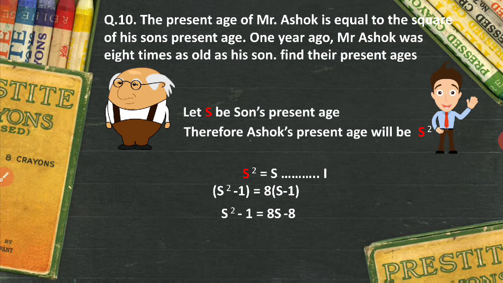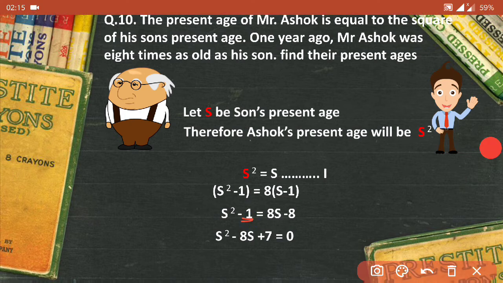So you get the like terms on one side, and what will happen is s square, this 8s which is on the right hand side of equal to, will bring it on the left hand side, so it will become minus 8s, and minus 8 also will bring it on the other side, so it will become plus 8. This plus 8 and minus 1, which is already over here, will cancel out and you will get plus 7. So now this is a